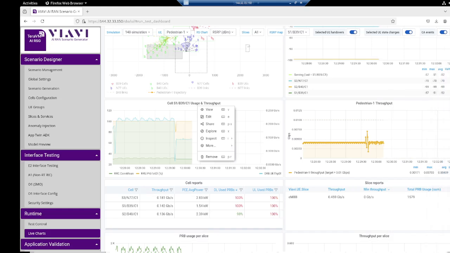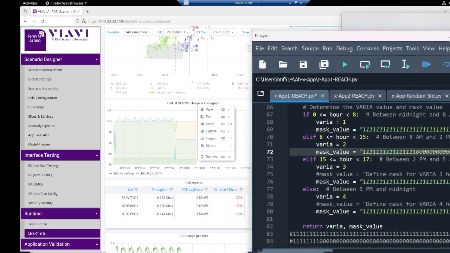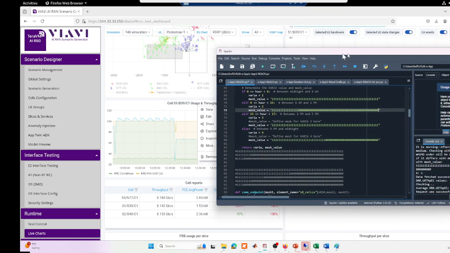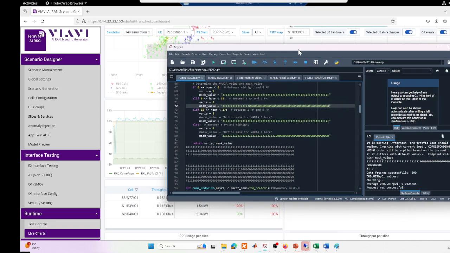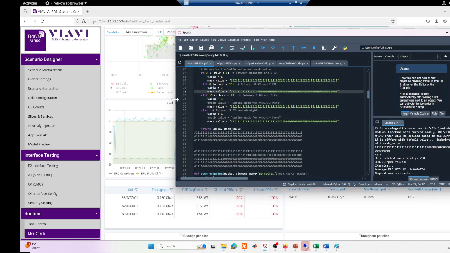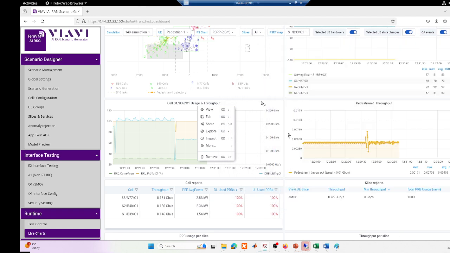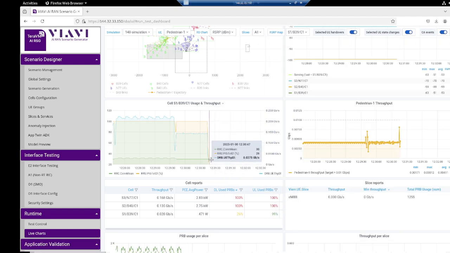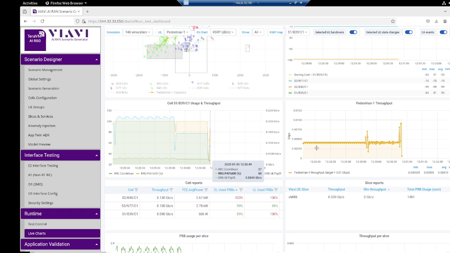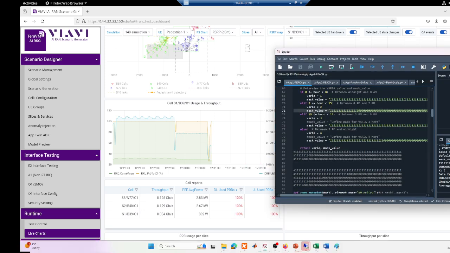So we need to jump from 32T, 32R to 16T, 16R. So now I'm going to show you here. Assume that we have these threshold values here, and for the sake of the demonstration I changed it manually to show you what's going on. Now I'm going to run it, and we expect that it should jump down from 32 to 16T, 16R,